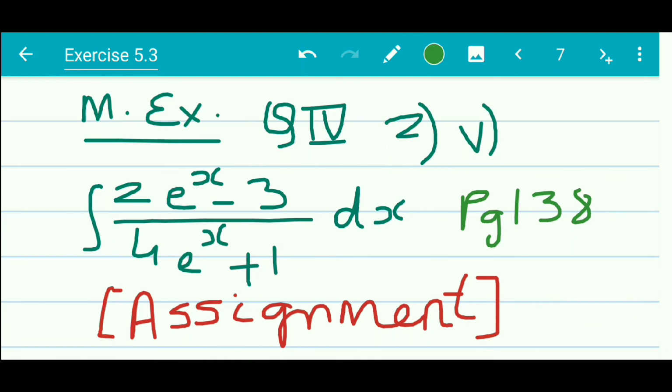Now in the next lecture, what we are going to do is, we are first going to cover the sums from miscellaneous exercise 4, which use the methods of exercise 5.1 and 5.2. So that much we will cover in the next lecture before going on to the next concept of the lesson. If you realize, the lesson contains a total of 6 exercises. So we have already covered half the lesson. So you have to keep practicing. Keep up with me as I am going with the lectures.